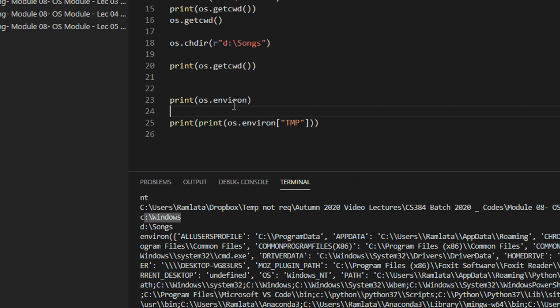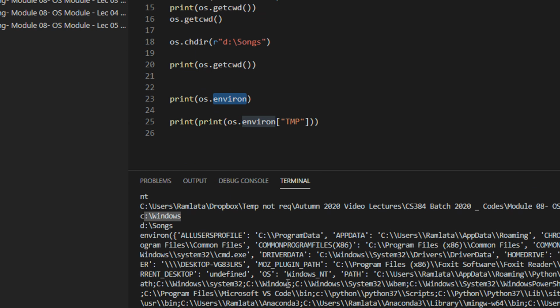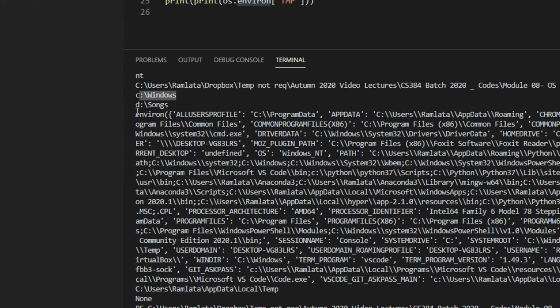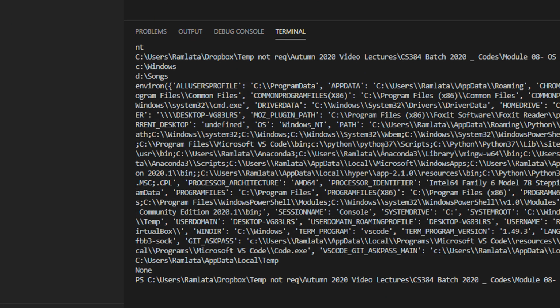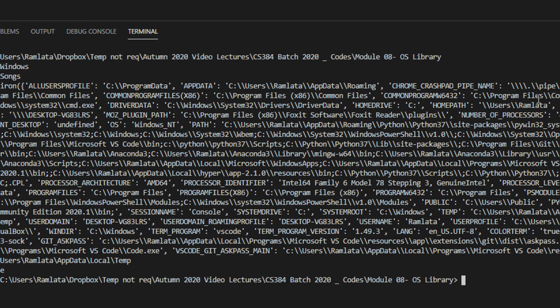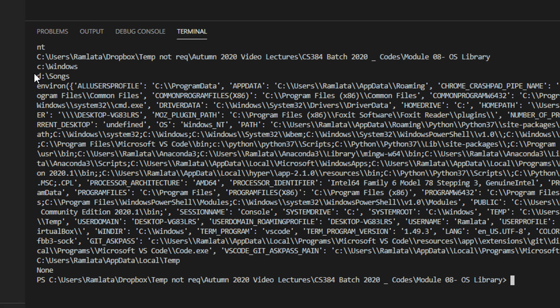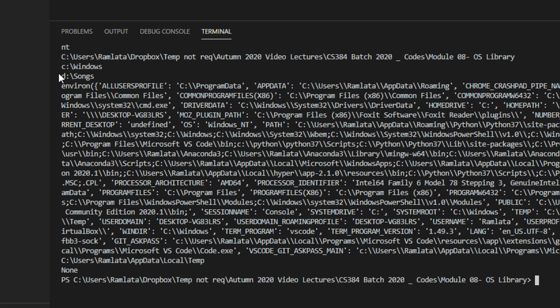And finally we have an environment variable. What does environment variable mean? See, there is a lot of junk, I can say, appearing here, a lot of text basically. An environment variable is like, for example, when you are on your terminal and you type the command python space, let's say add.py, the system environment basically knows where to look for Python. It does not look in all other directories. So these are environment variables. If you remember the very first series of Python where we had set the environment path, this displays the same path.